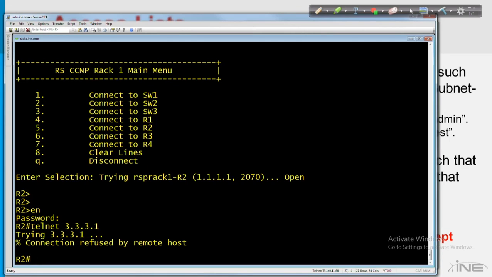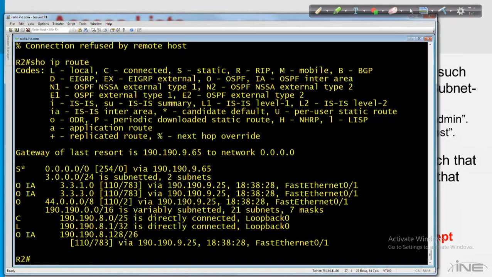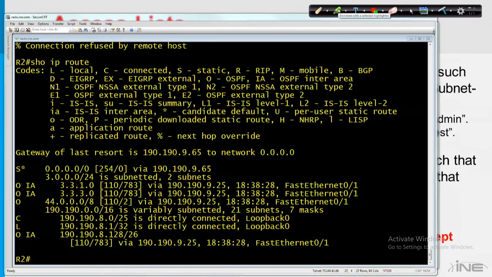So the way I would look at this, I'd say, well, in order to send a packet to 3331, router 2 is going to go into his IP version 4 routing table. Show IP route. And he's going to find this in there. This is his route. Oops, I should use a different color so it shows up a little bit better. Okay, so he's going to use